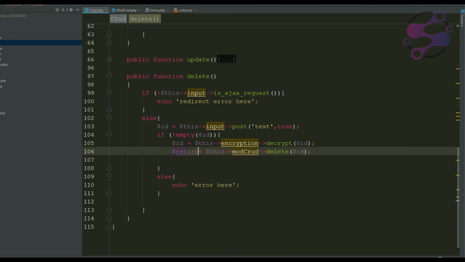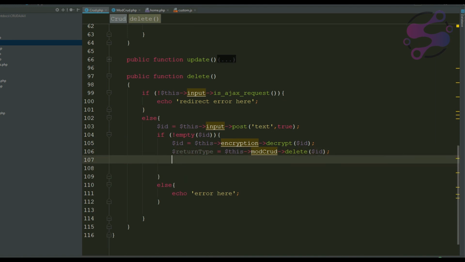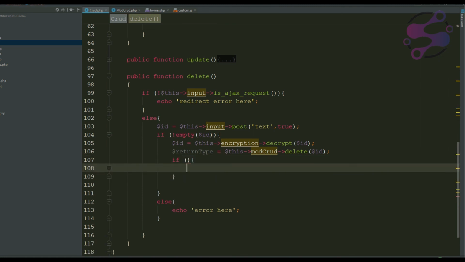I'm saying return type, or you can rename this variable to anyone you want to. It depends on you. If you are successfully deleting, I'm saying echo deleted,